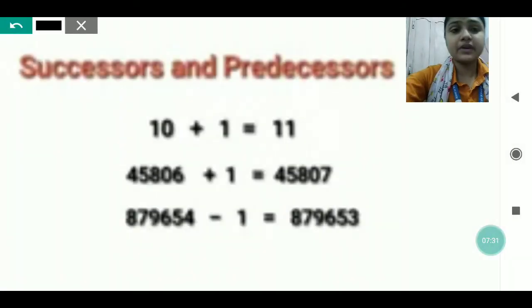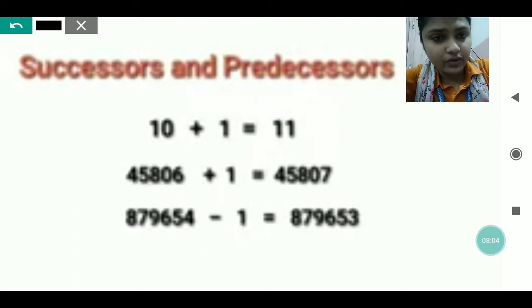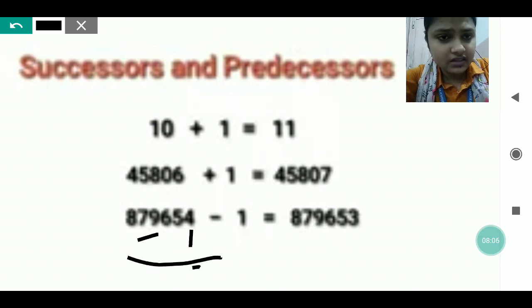Like you can see, one example is there. If we have to write the successor of 10, we will have to add 1 to this 10, we will get 11. 11 is the successor of 10. 45806 is the number. If we add 1 to this, we will get 45807, which is the successor of 45806. In the same way, if we have to find the predecessor of 879654, we just have to subtract 1 from the last digit